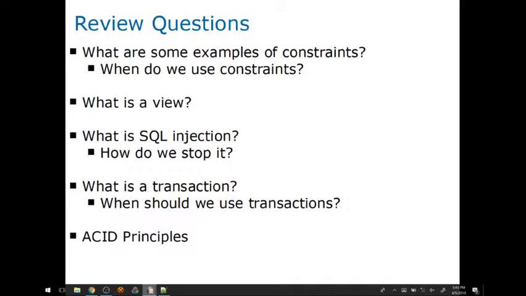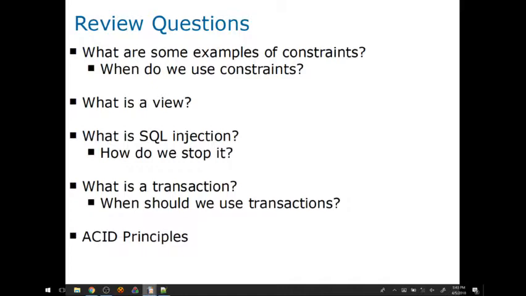The C stands for consistency. Consistency in this case means that the transaction is going to take me from one valid state to another valid state. It's not going to leave me in some weird halfway situation where some of my data is good and some of it's bad. It's going to take me from one valid position to another valid position. It's going to be consistent. The I stands for isolation, which means that if I have 10 transactions running at once, they all behave as if they don't even know that the other guys exist. So they're all isolated from one another. That's what the I stands for.